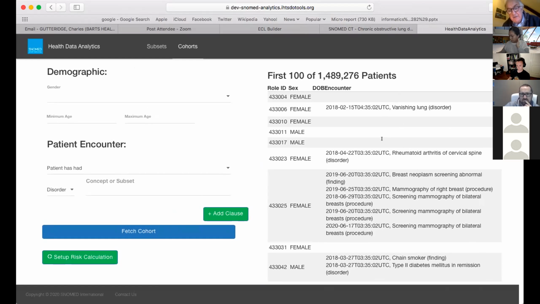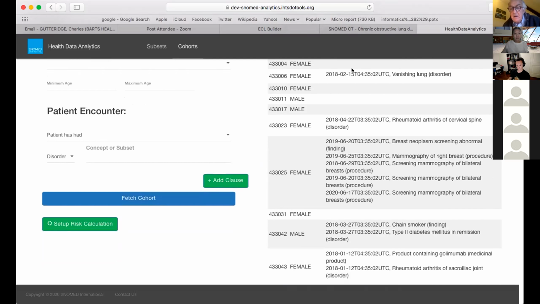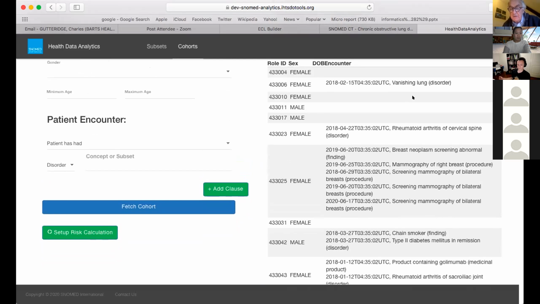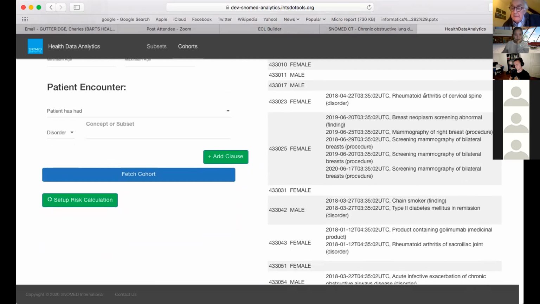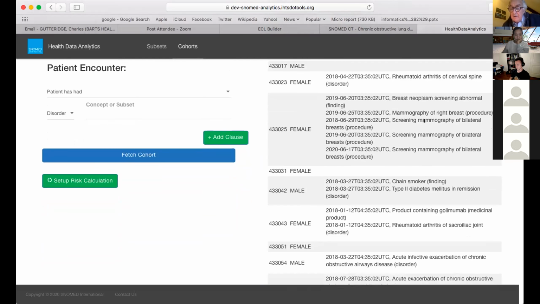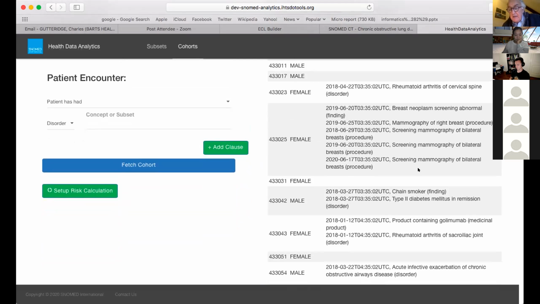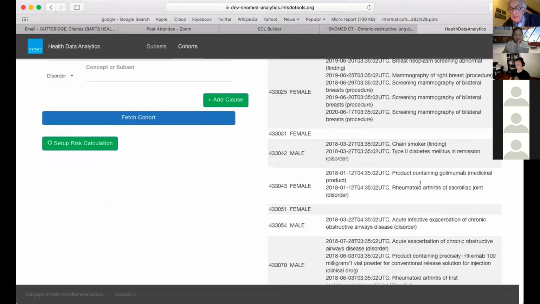And you can see that it's a bit fake because there are patients with an ID, a gender, and then no encounter. And then there are patients with some data, which is timed, and with a variety of codes relating to chronic lung disease, well, lung disease, not necessarily chronic, and various forms of, and various procedures and inflammatory arthritis,